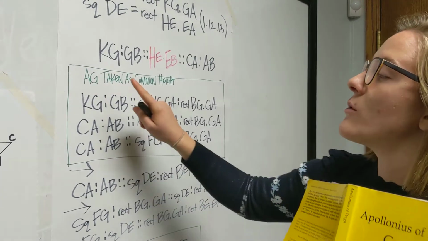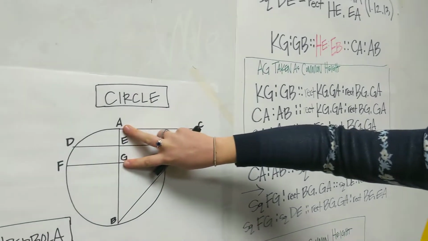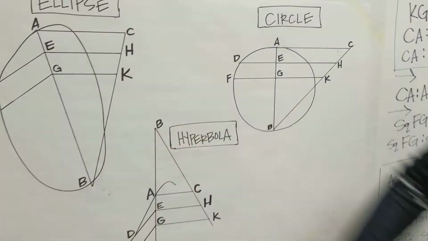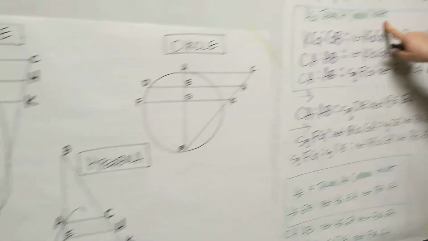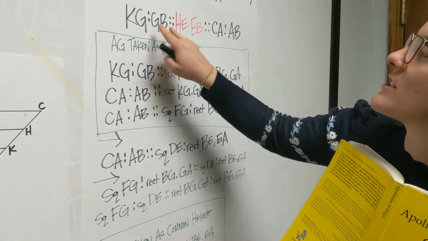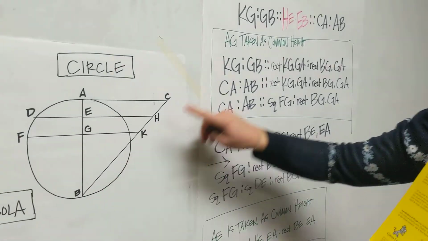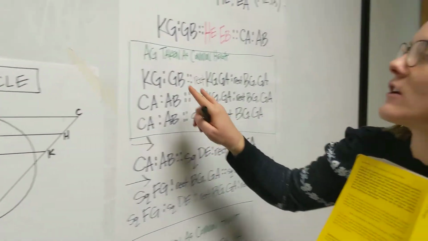So he says we're going to take AG as common height. So here's AG here. AG, AG. We can see AG in all of those things. We're going to take AG as common height, which is basically the way that this looks is that up here we just have lines. We just have specific lines like KG and GB, and we're now making these lines into rectangles by adding AG